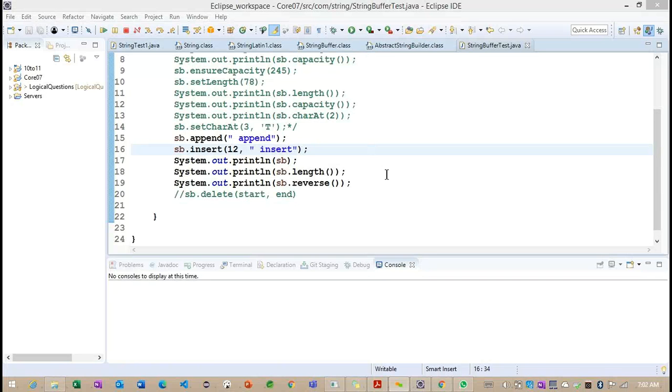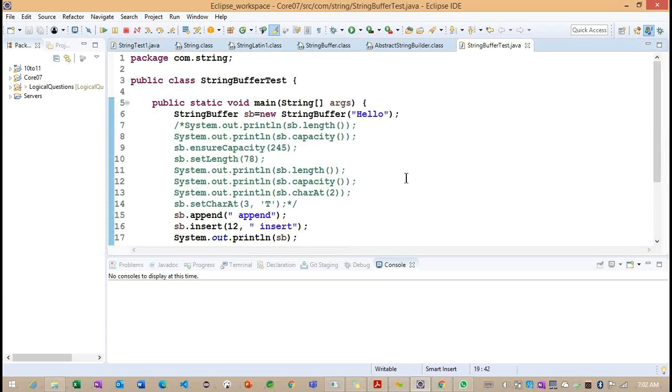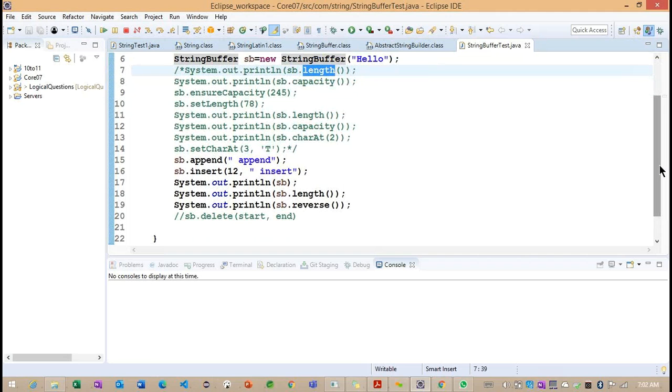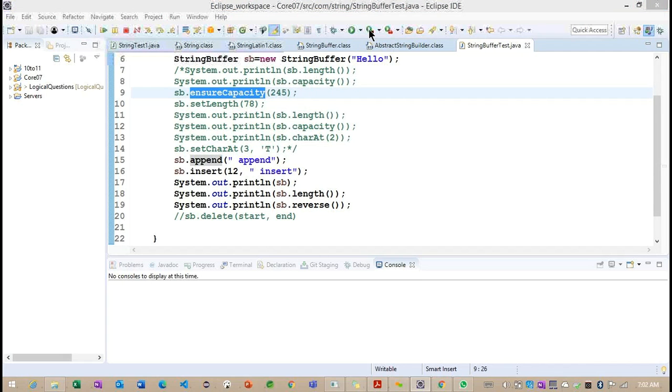Good morning, everyone. In the last class, we discussed string handling concepts. We identified how we can work with the StringBuffer class, and the purpose of each and every method: the length method, capacity method, reverse method, as well as the append method and insert method, setLength, and initial capacity. So we identified these inside the StringBuffer class.